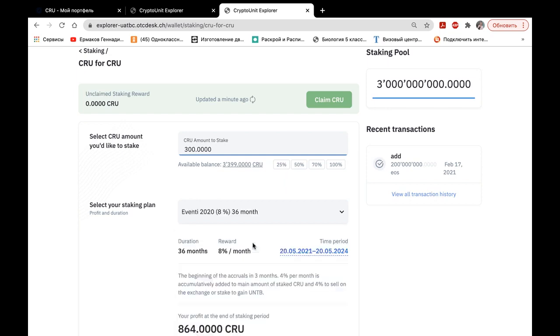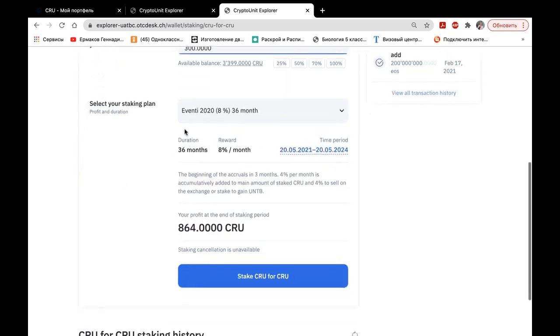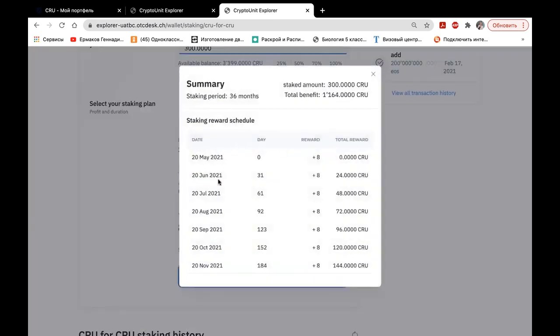If you look at the schedule, choosing this plan, you will see that the first accrual will be in 3 months. That is, the plan will be in effect on the 20th of May. For the first month, you will receive your income from staking, that is 300 CRUs, on the 20th of June, and it will be 24 CRUs. 4% of them will get immediately liquid, whereas the remaining 4%, that is 12 CRUs, will be added to this